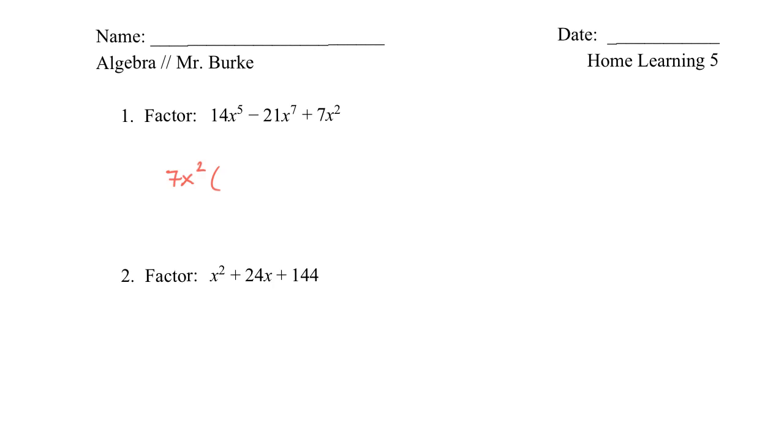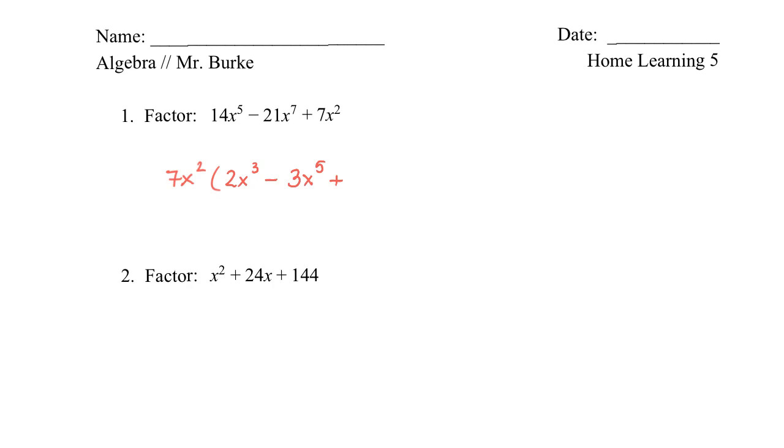So now I need to figure out what do I multiply 7x squared by in order to get this polynomial. So I'm going to take it one step at a time. In order to get 14x to the fifth, I have to multiply 7x squared by 2. 7 times 2 is 14. And x to the third. x squared times x to the third is x to the fifth. Minus 7 times 3 gives me 21, and x squared times x to the fifth gives me x to the seventh, plus, now I purposely put this one